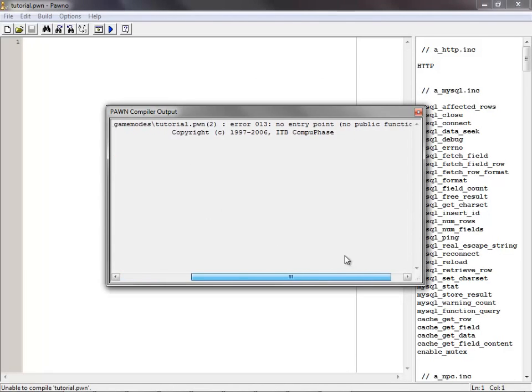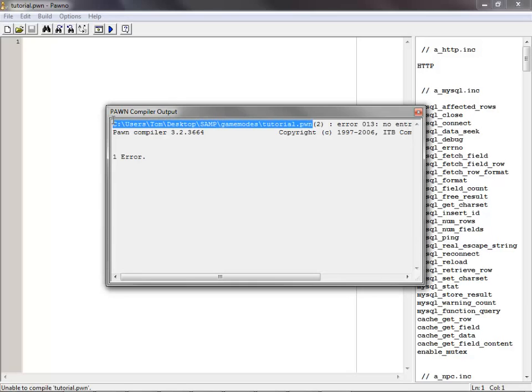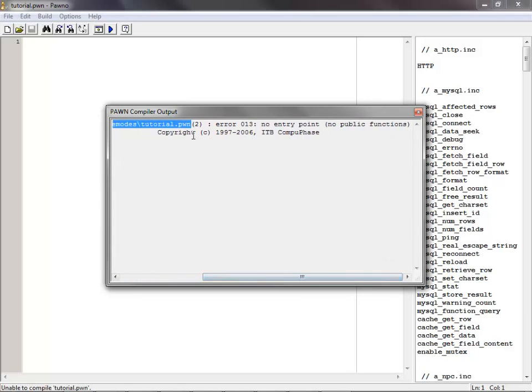Right, so we've got an error. The first section of the error is the location of the actual file. Then you have the line that the error's on. As you create more and more scripts in the game mode, you get more and more lines. You see at the moment we've got line 1, and beforehand we had 1 to whatever amount of lines you have. Then the error code